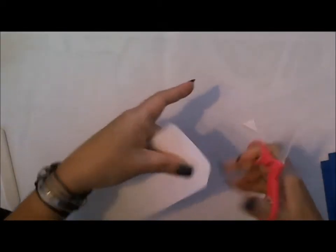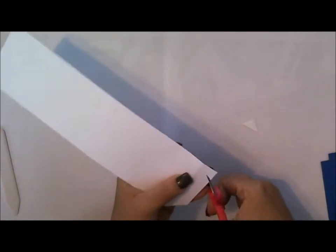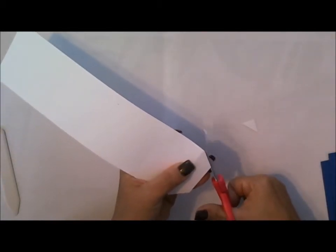The next thing I like to do is take my scissors and trim these on an angle. And this is just the last little tab that's on here. I find that sometimes it's easier to align the page with that, so just go ahead and do that. Just looking for a piece of scrap paper that we can use